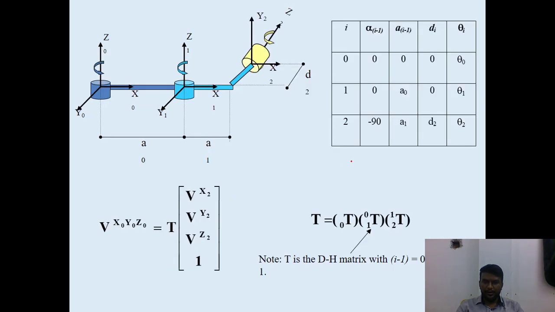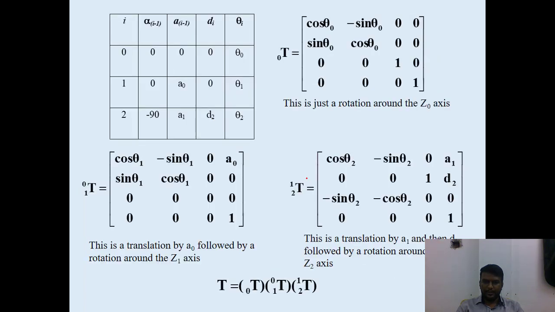There are a number of examples here. Let us see how to calculate these matrices. Here you can see T0. We are just doing the rotation about the z axis, Z0, so we have theta 0 here. Rotation is given, and the other things are zero. There is no linear motion.